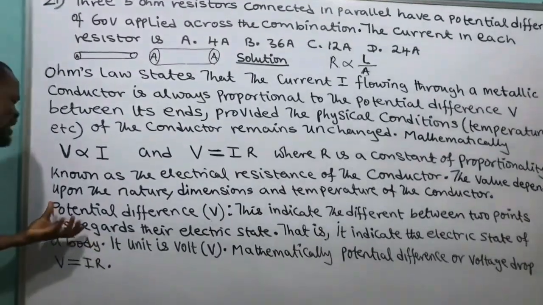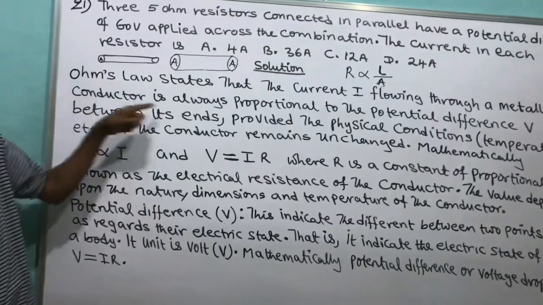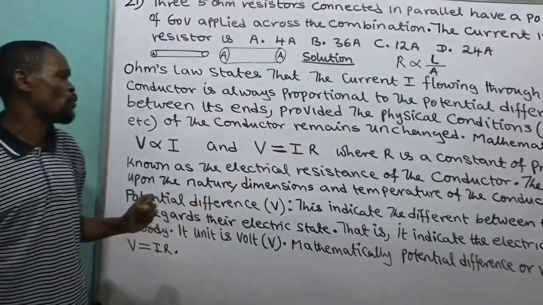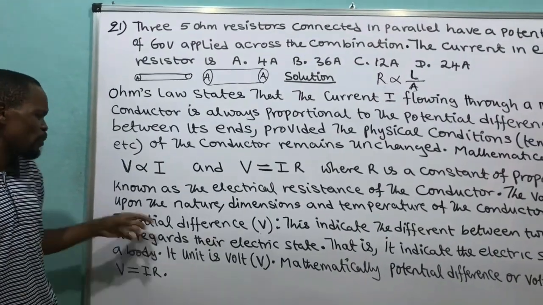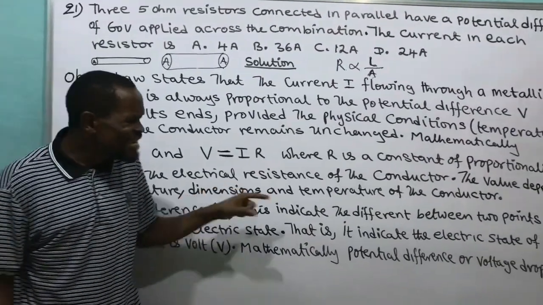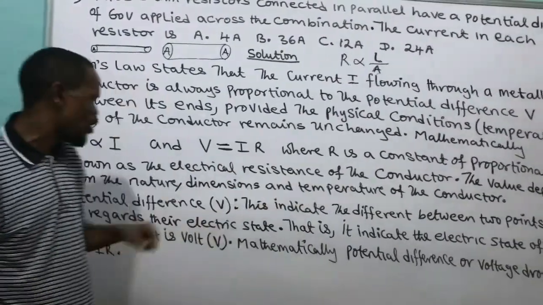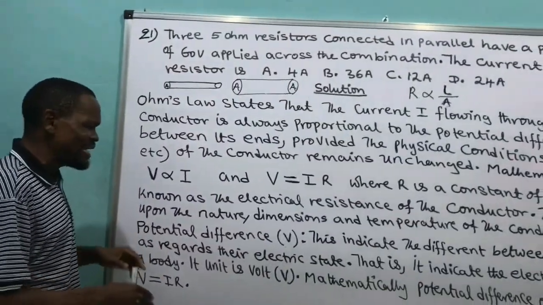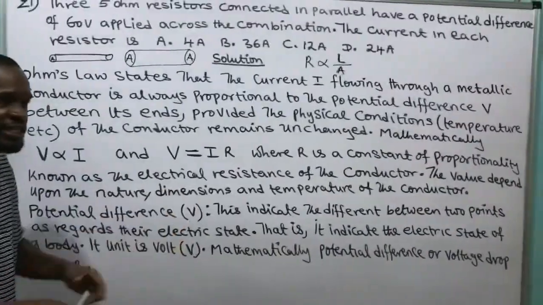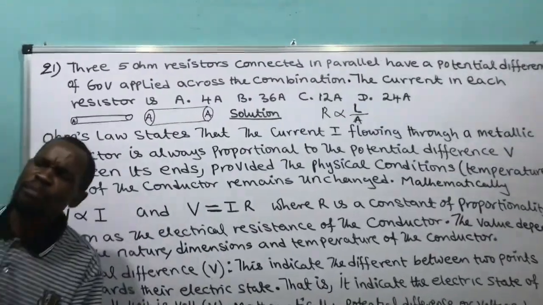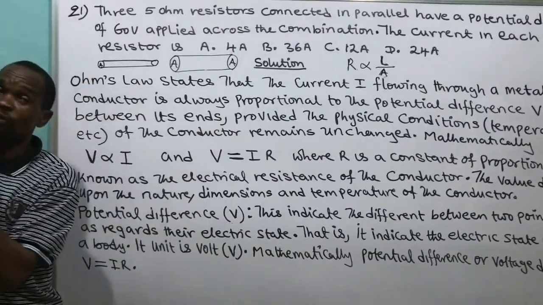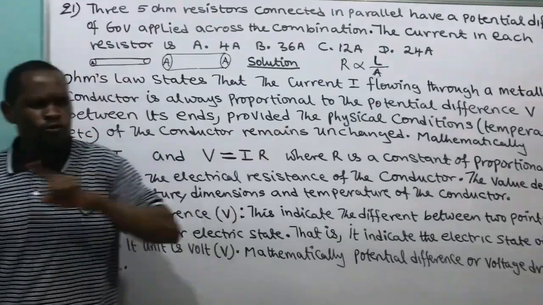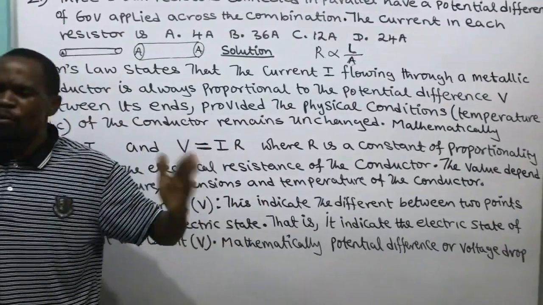Then coming here, we say the potential difference, because we mentioned potential difference while defining Ohm's law. Then what is potential difference? We say potential difference indicates the difference between two points as regards their electrical states. Potential difference means that if something is moving from higher down, that means there is a potential difference. For current to flow through a wire, there must be a